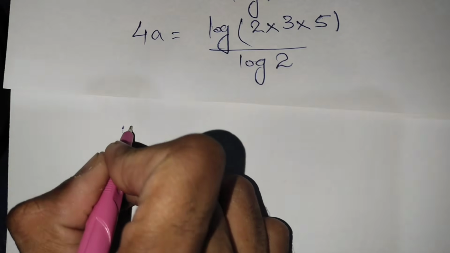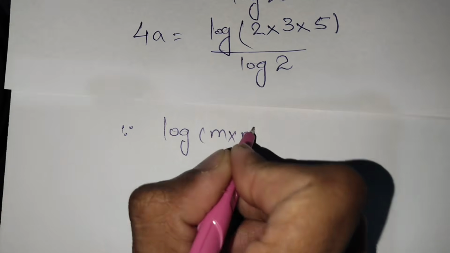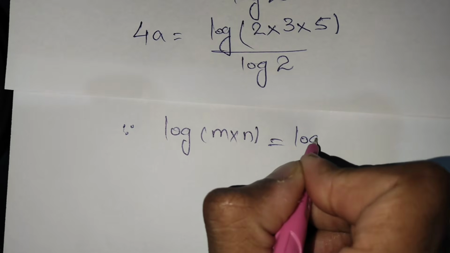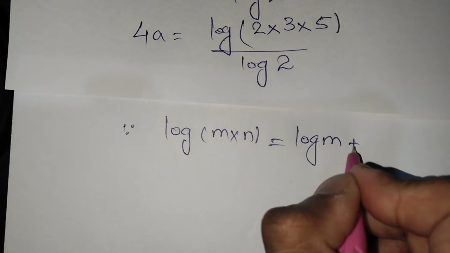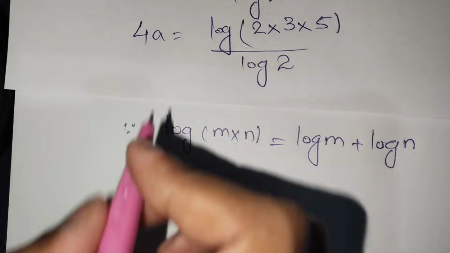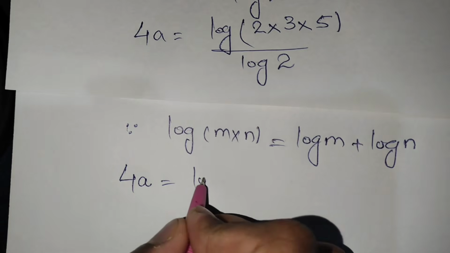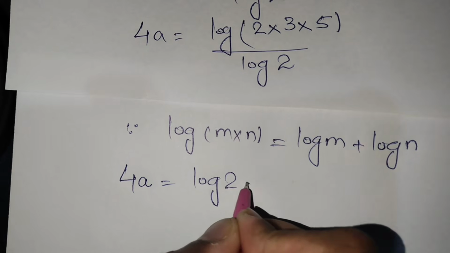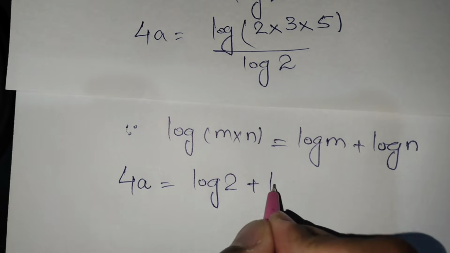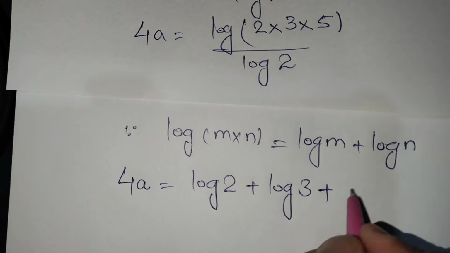We know that log of m times n is always equal to log of m plus log of n. So here it will be 4a equals log of 2 plus log of 3 plus log of 5,